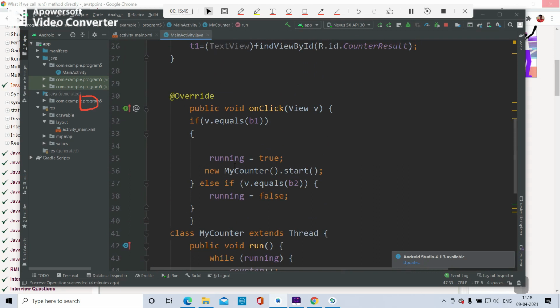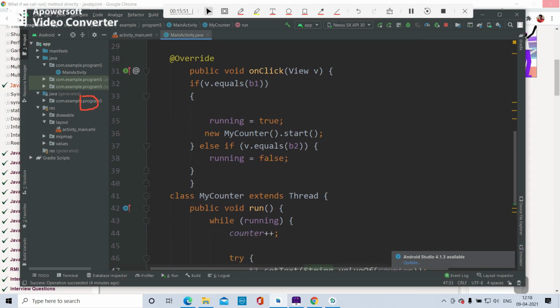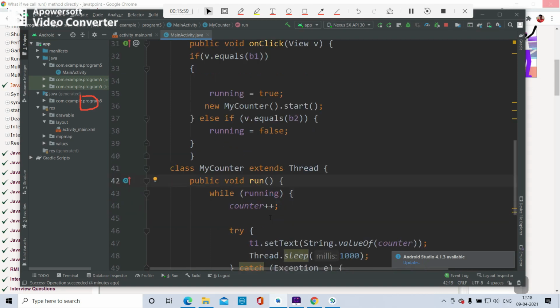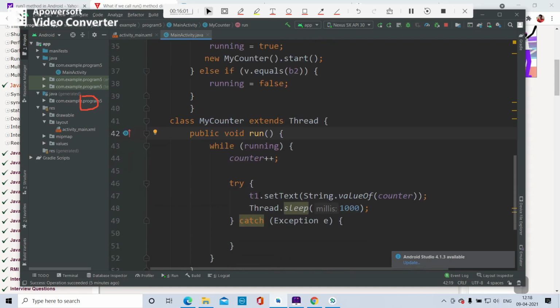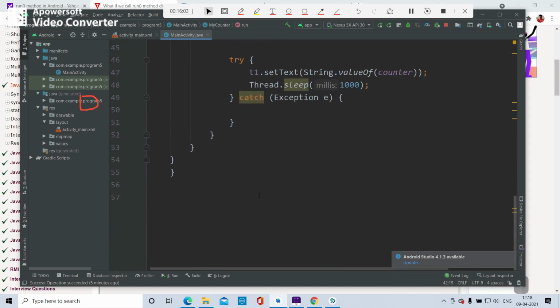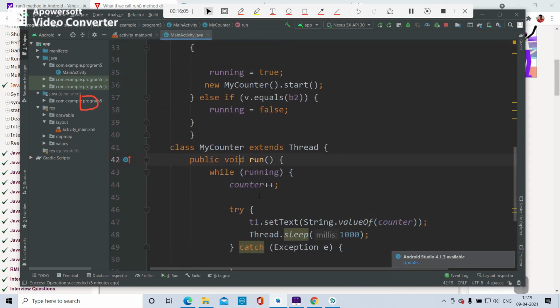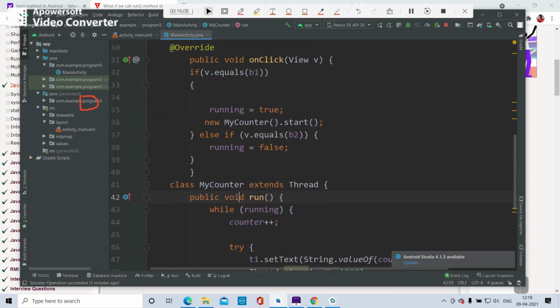And here there is a thread which is a main thread, and inside the run method the counter goes on incrementing, because when you click on the stop button, see, else if v.equals v2, it is nothing but the stop button, then running becomes false.